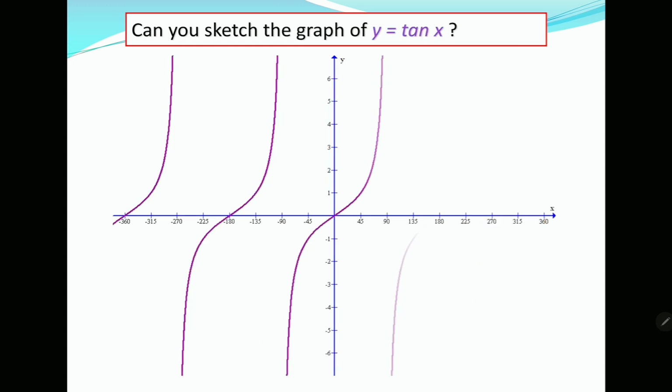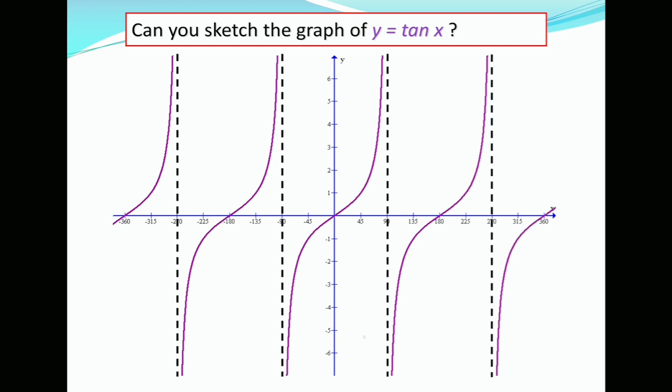Graph of tan x. You can see these vertical dotted lines are known as asymptotes. Now, this graph is from -pi/2 to pi/2. This is known as the period of the tan function. Period is pi, and tan x can take values from -infinity to infinity, any value from -infinity to infinity.